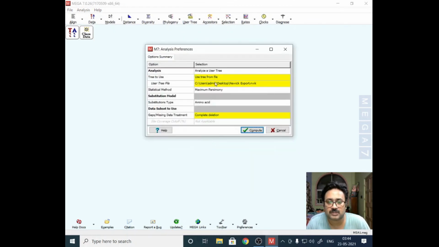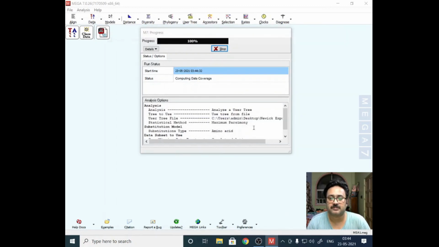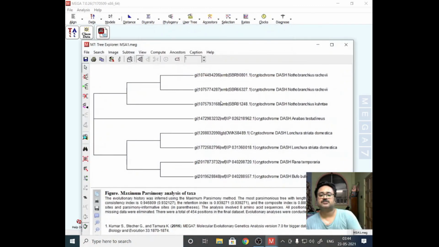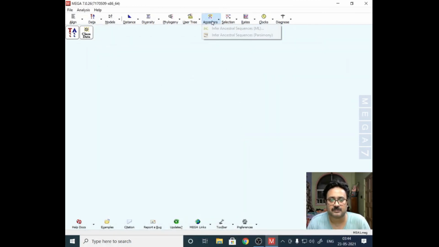So how can we do that? This tree was prepared by maximum likelihood, but now you are checking it with parsimony, to see how it would look in parsimony. So this is how it is going to look. You can have a look, and if that is satisfying whatever aim you had, then you can go with this, or you can keep the maximum likelihood. This is another thing that can be done here.